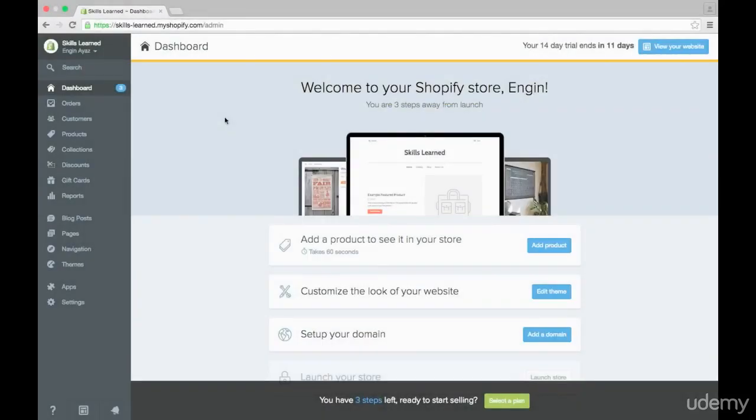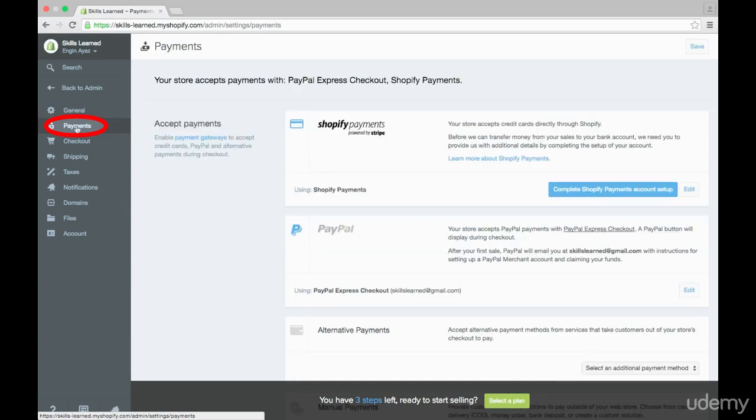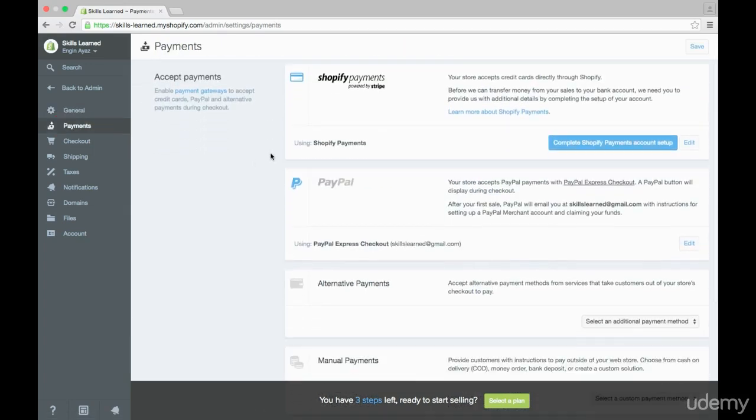So to get to the checkout, payments, options, and all of those other settings, once we log in, we just go over to the bottom of the admin panel, click on settings, and then go down to the first option underneath general, which is payments. The first thing that I want to show you over here is the area where we can choose our